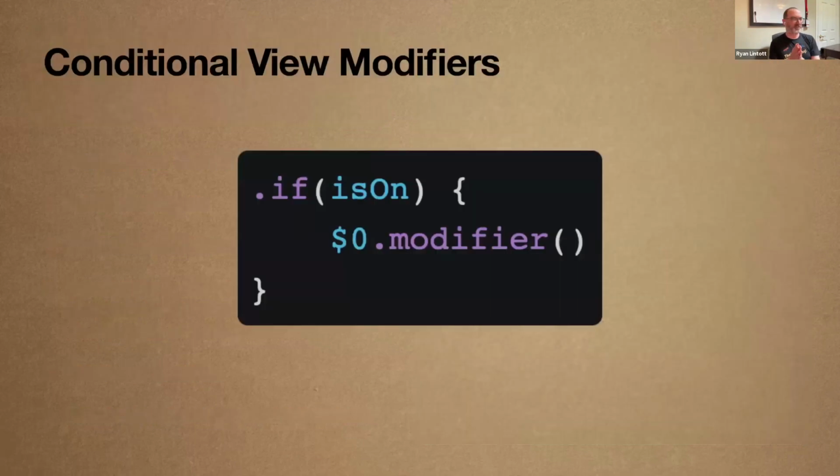So moving on to the topic at hand, conditional view modifiers. I've seen this on Stack Overflow and blogs, lots of other places. It crops up in code here and there. It's this idea of an if modifier. What if I could have a modifier that only applies in certain conditions? Sometimes it's called apply if or modify if or if let. There's a lot of different variations I've seen. It applies or doesn't apply a modifier based on a condition. It seems very clever, but it's perhaps a bit too clever, and I'm going to get into why that is